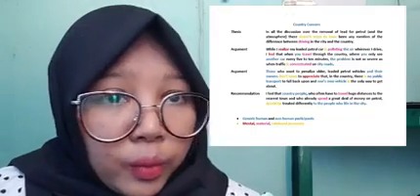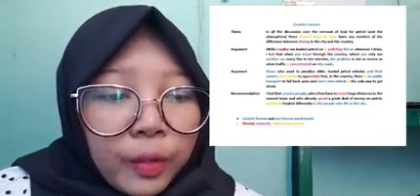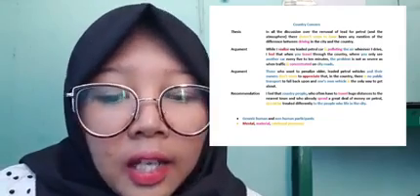Okay, we go to number 10. There is hortatory exposition. What is that? Hortatory exposition is text that explains that something should or should not happen or be done. It focuses on generic human and non-human participants, uses mental, material, and relational processes, and of course uses simple present tense. I put the blue color for generic human and non-human participants,